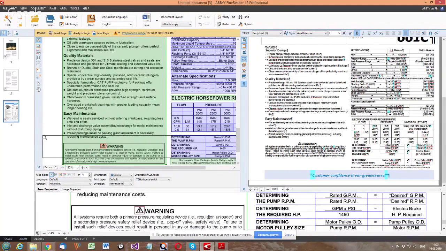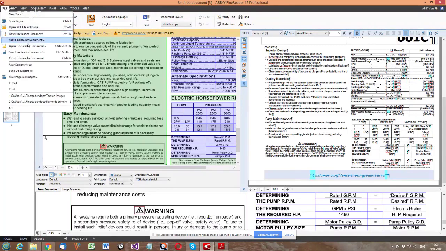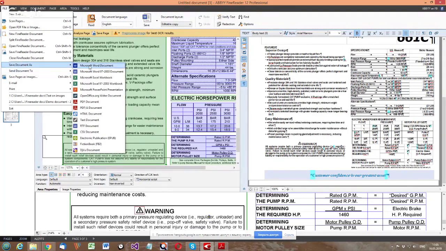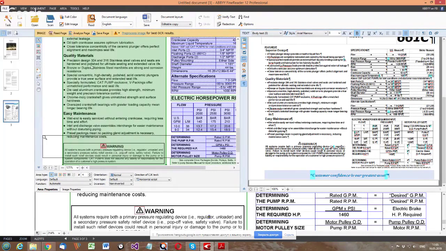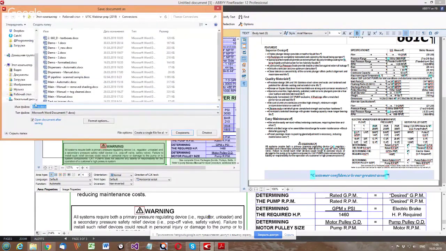So let's now save our document to Microsoft Word format. This is step number 4. I choose File, go to Save Document As, and choose Microsoft Word document. I will save it as demo.docx.